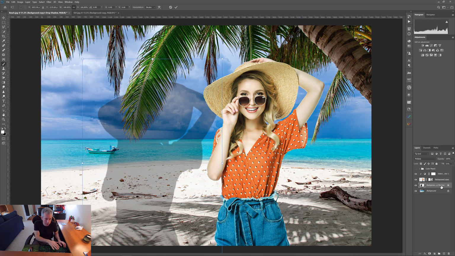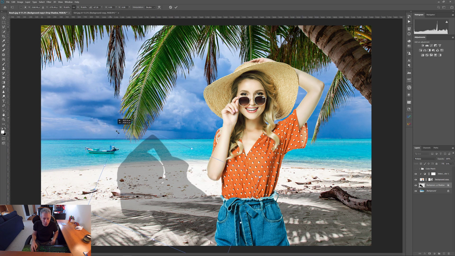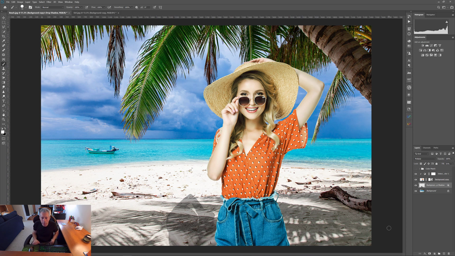So let's press Ctrl T for transform, and I'm going to just start to drag this shadow out, and let's make it smaller, and we can move it around to wherever we want. And I think her shadow would actually be a lot smaller given the size of the trees and the size of these shadows. So maybe somewhere around here, maybe there. That looks pretty good, I think. So double click to accept that,